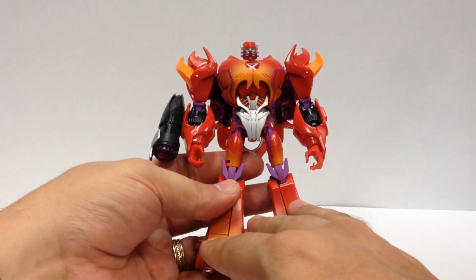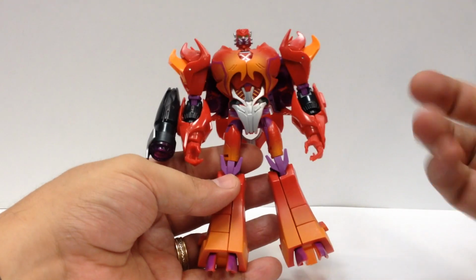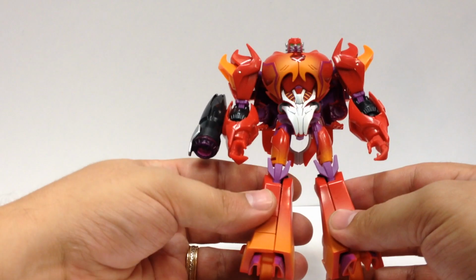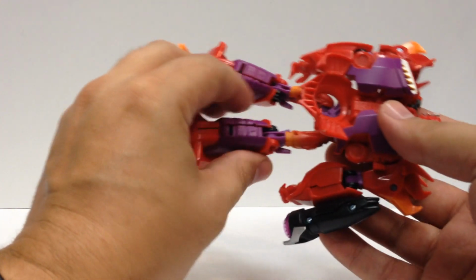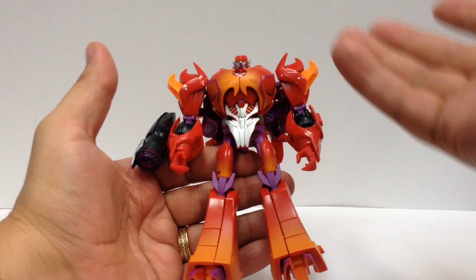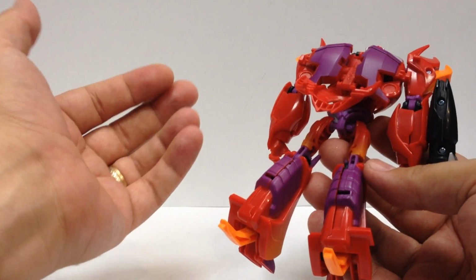And I almost wish that they had just left the original Megatron head on here and marketed it as a version of Transmetal 2 Megatron, because it has the same colors. The rest of it is just absolutely stunning. And like I said, the head sculpt is actually really nice. It's just a little small. So yeah, the colors on this I love. The paint job they did on this is